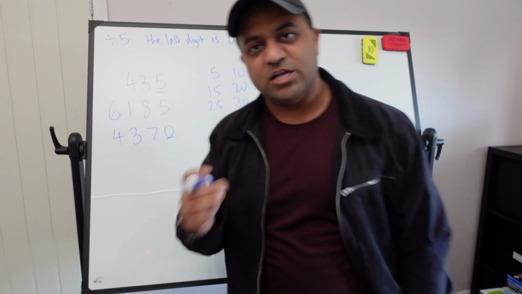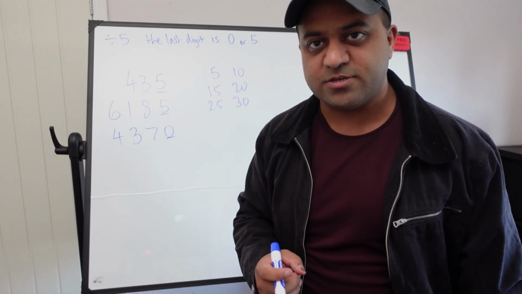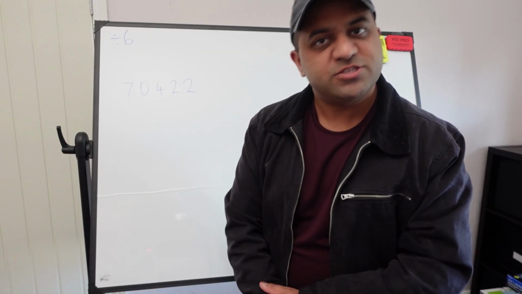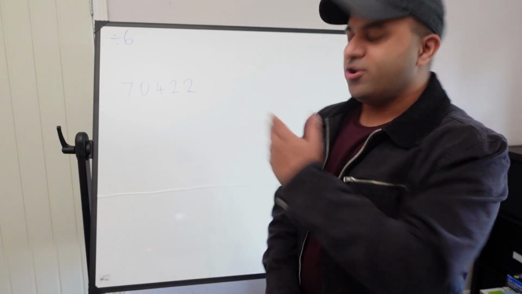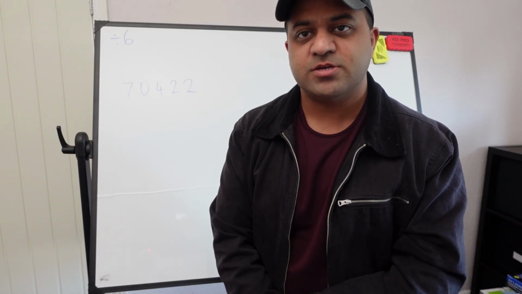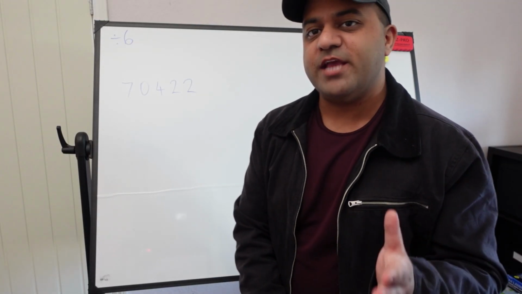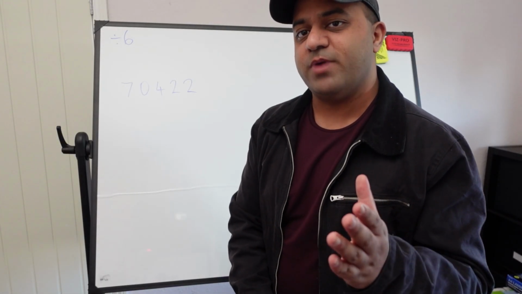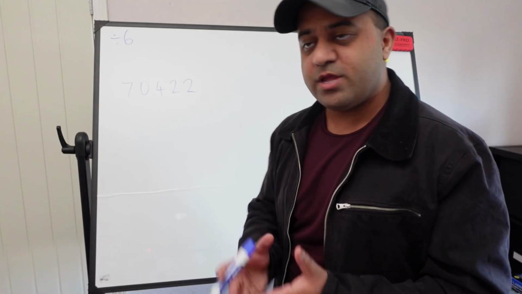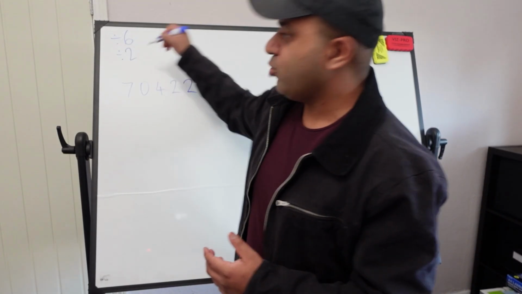Very easy. Let's move on to the next number, dividing by 6. Okay, here's the next number, dividing by 6. The number 70,422 is divisible by 6 because it obeys both the rules of divisible by 2 and divisible by 3. 6 is made from 2 times 3, so all we do is check,